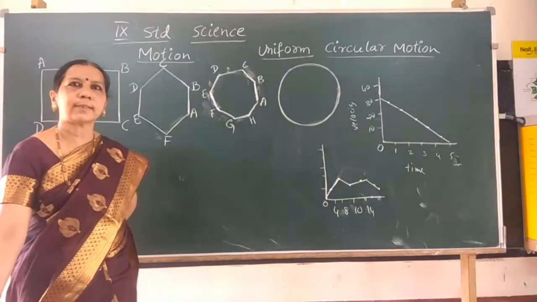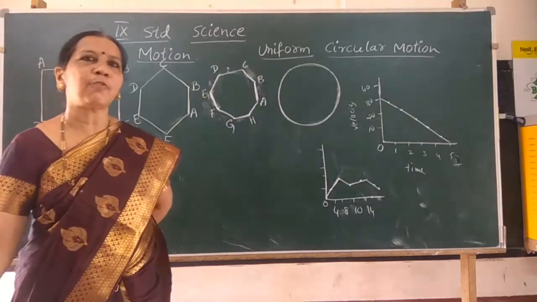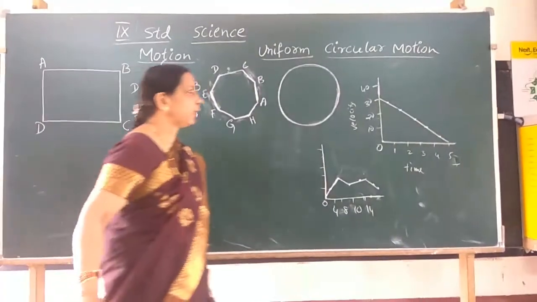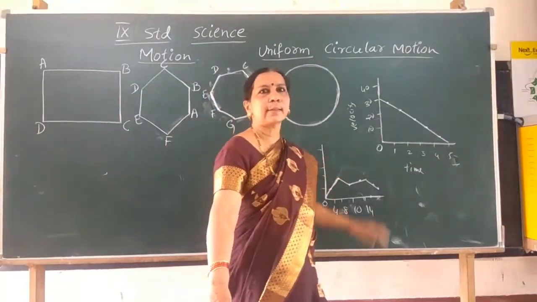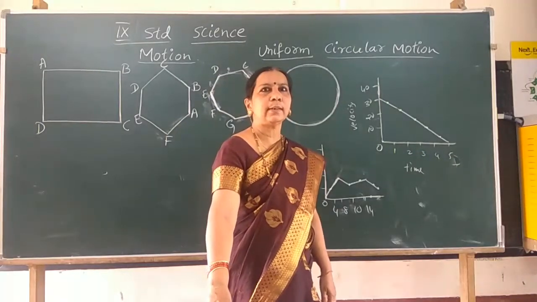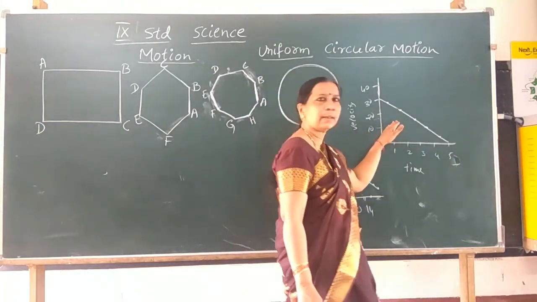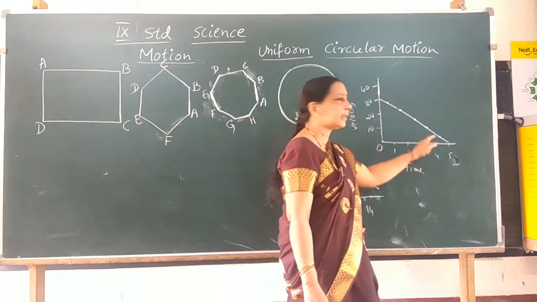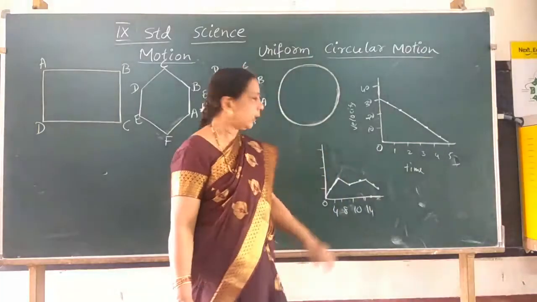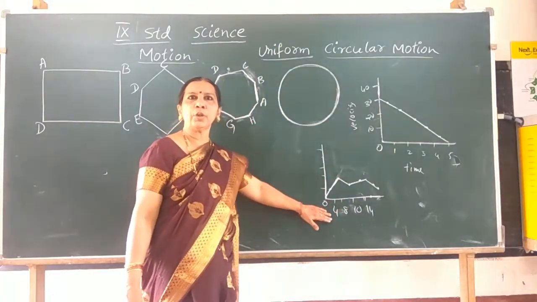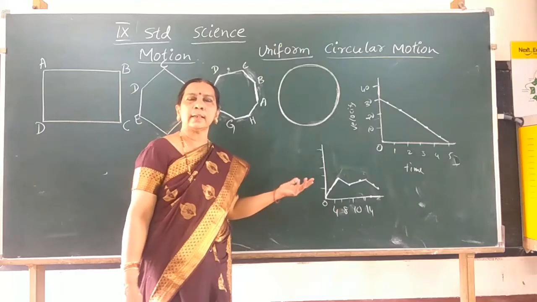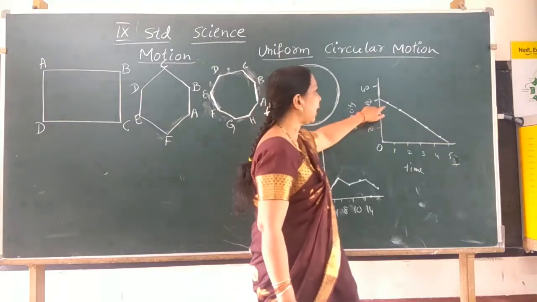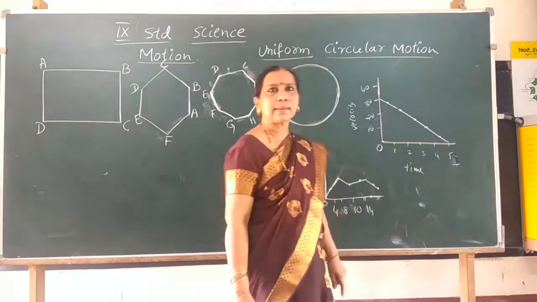In the last class, we discussed the velocity time graph for uniformly accelerated motion. Now, for non-uniform acceleration, if the velocity decreases, see this graph shows the velocity time graph. Observe here, it shows that velocity is decreasing with time. For non-uniform accelerated motions, the graph can be of any shape. So this graph shows that the velocity is decreasing with time.